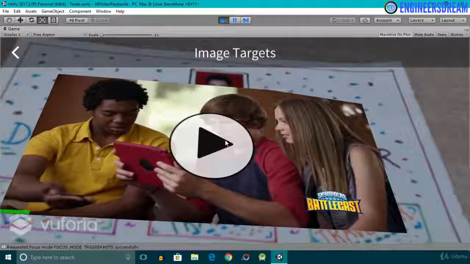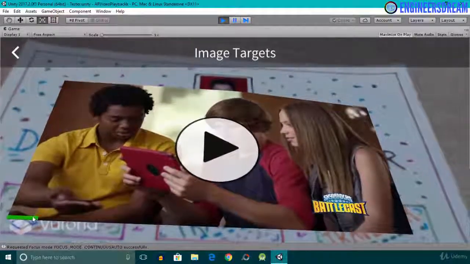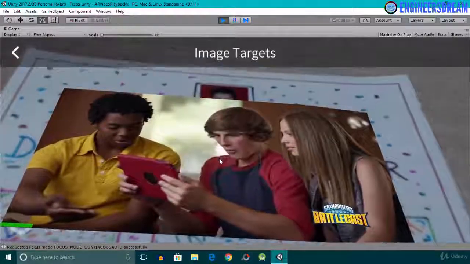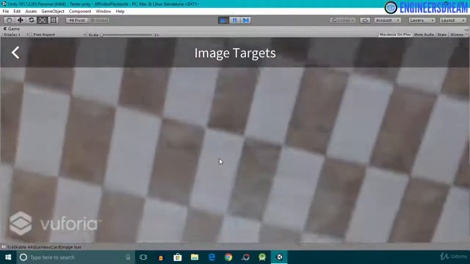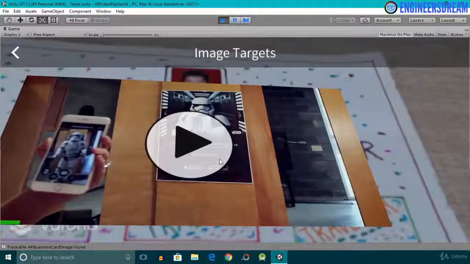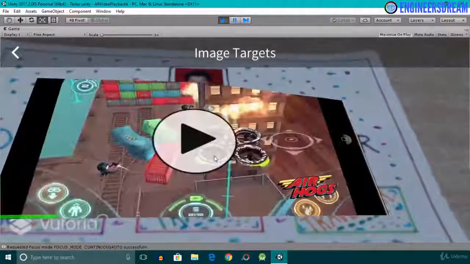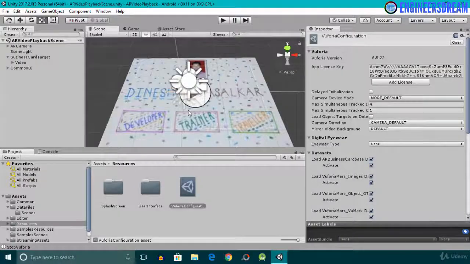Now I clicked on the video again to pause it. You can also see a progress bar at the bottom of this video which indicates the progress of this video. And if I click on the play button again, the video will start playing. But if I move the webcam away from the image target, then as you can see, the video has stopped playing. Okay, so basically the video has paused, and if I click on the play button, then the video will start playing again. So I'll come out of play mode, and after playing the sample Vuforia video, next I'll add